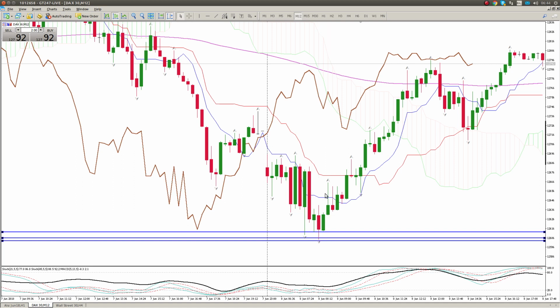Now you can see how Tekenson, the blue line, offered a lot of resistance, and then we closed above it. Okay, and then we had another close up here. So this pin bar normally, to inexperienced traders, would have meant, I need to short this because it's a pin bar. But the thing that you need to understand is that it is a break of Tekenson. Okay, so you should still be long with a stop here below